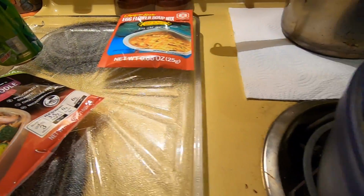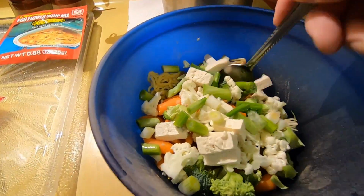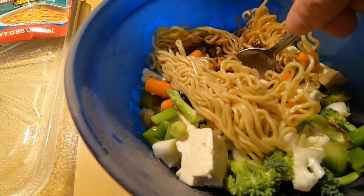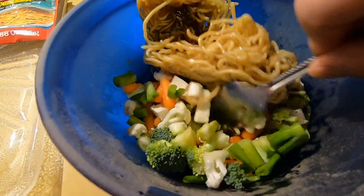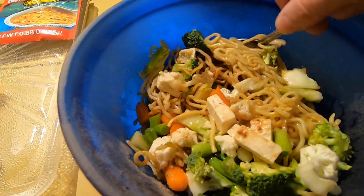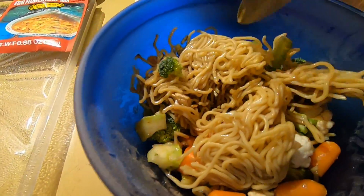The directions say 1/4 cup of water, but I put in about 1/3 cup of water. I also cooked this for about 1.5 minutes longer than it says to be cooked. Stir it up real good. One problem is these noodles are kind of firm and stuck together. So it says to cook it for like 4 or 5 minutes, but I cook it for like 2.5 minutes in the microwave, and then I take it out and stir it up real good and then finish cooking it. And if you have meat leftovers to put in here, you don't want to cook it the whole time. But I like to try to get everything in that water. That's why I put more water in it,